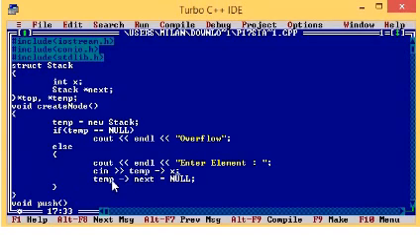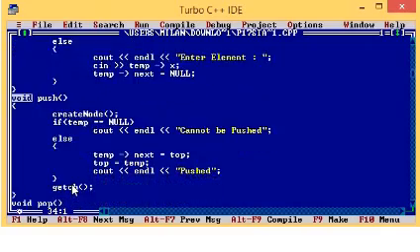Whatever element we are entering, that value will be stored in x. Now inside this structure stack, x is initialized. Now what else is there? Next. So what is next initially? When nothing is there, make it a pointer pointing to null.